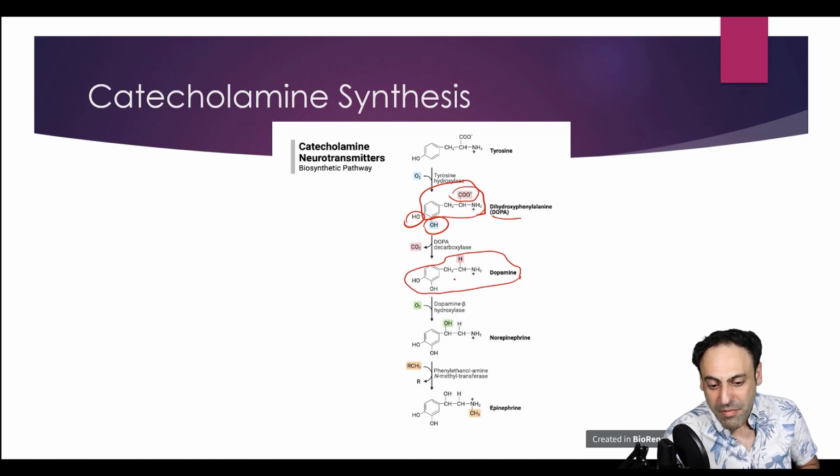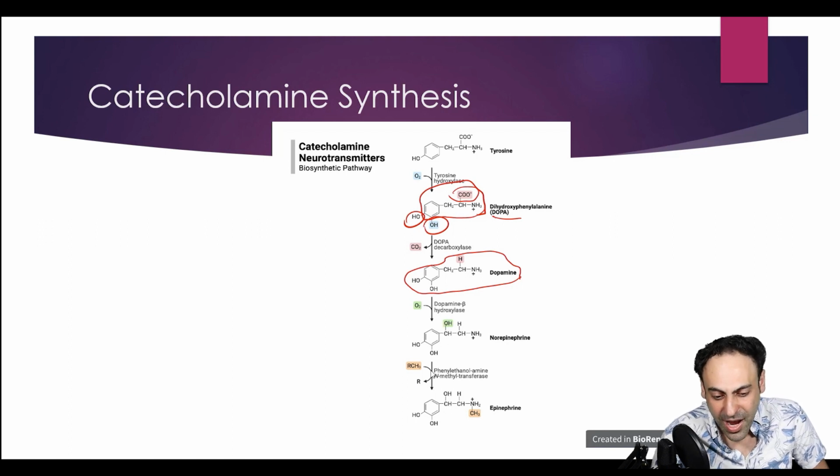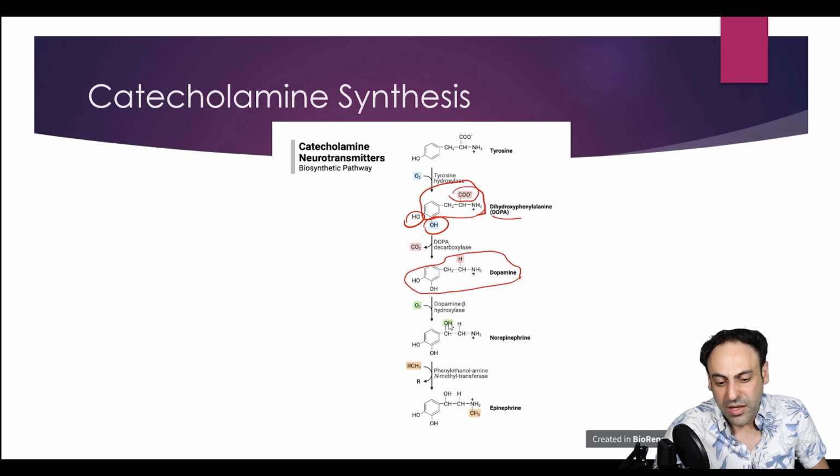Then, due to dopamine beta hydroxylase, in the presence of oxygen, it again adds a hydroxyl group. Don't let that beta confuse you. Beta mostly refers to a beta carbon. So dopamine beta, right here on this carbon, that's the beta carbon. This is the alpha carbon connected to this amine, and we have the beta carbon over here. So on the beta, we are adding another OH group. And we're going to create another molecule called norepinephrine, which is very important,